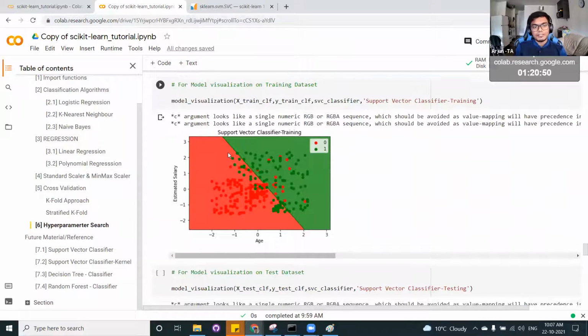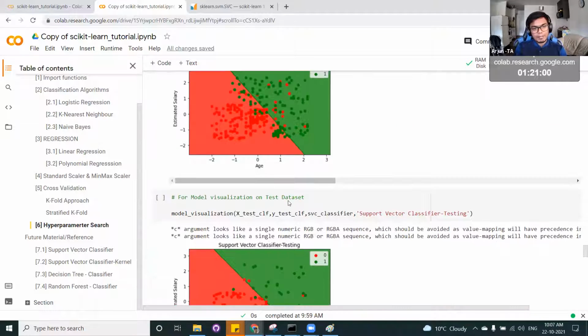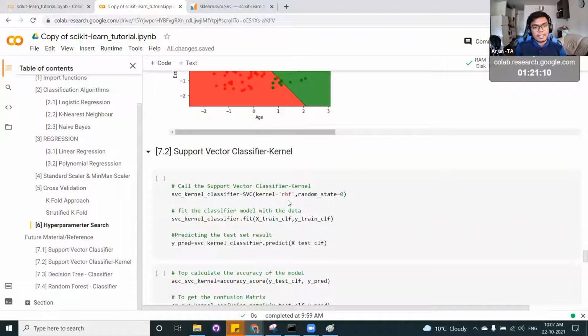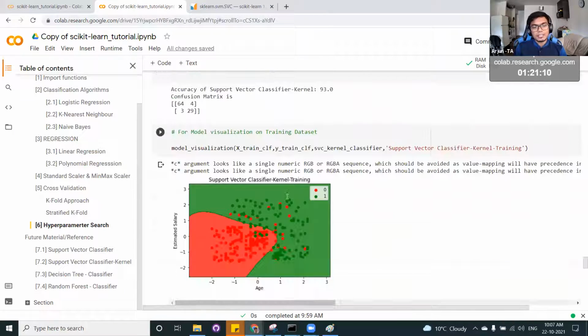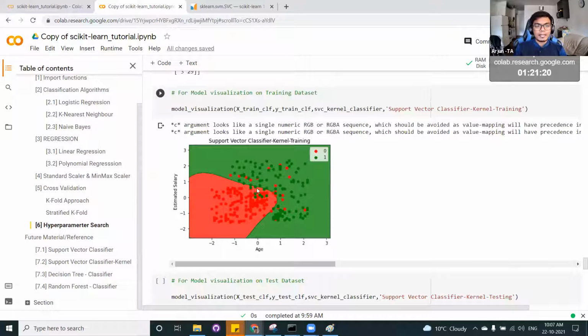In the support vector classifier, you can see it's trying to have a decision line similar to logistic regression. However, it tries to increase the margin so that it is a better representative. I'm not going into the code or the intuition. Just see the decision boundary, and once the class is done, you can always revisit this material for an even better understanding. And the kernel is nothing but a nonlinear decision boundary that can be used.